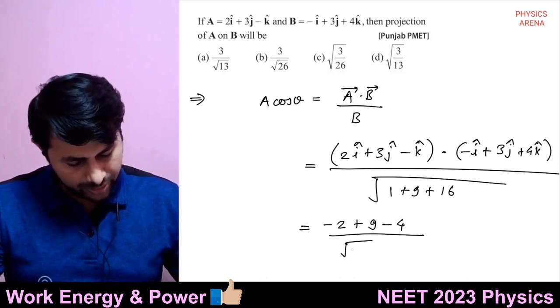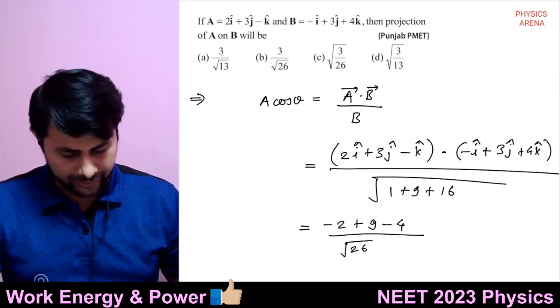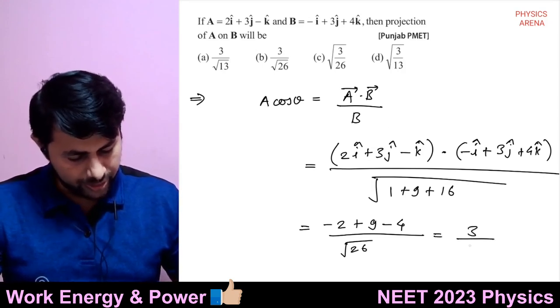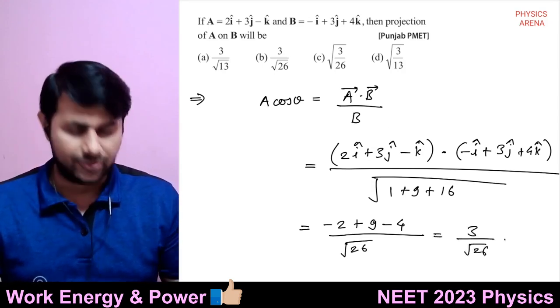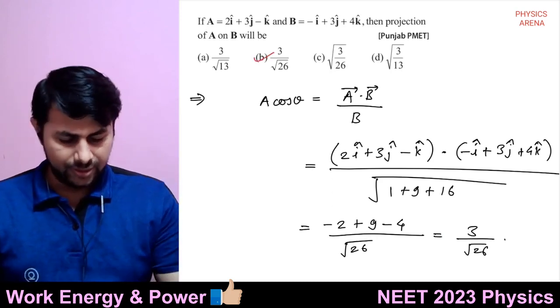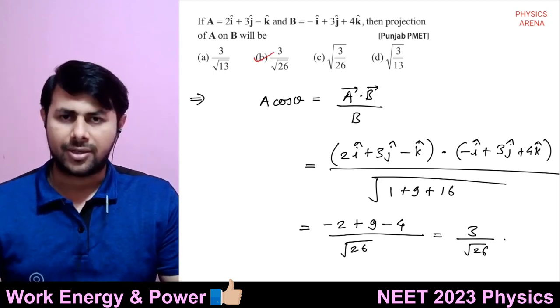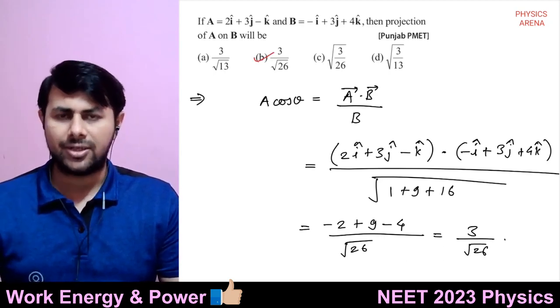And in the denominator you have 26. So 9 minus 4 minus 2. Right, option B. So 3 upon root 26. Very good. Okay, so option B is the answer. Right, so this is how we find out the component of a vector, one vector along another vector